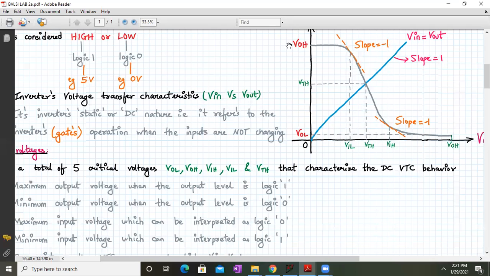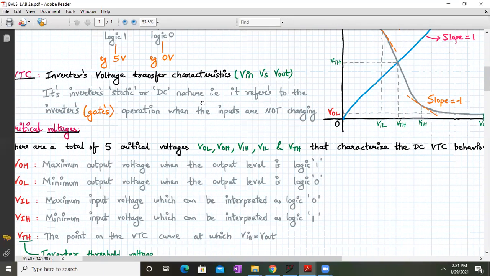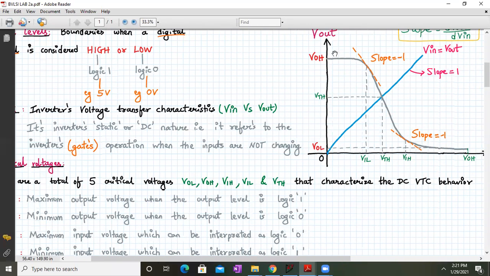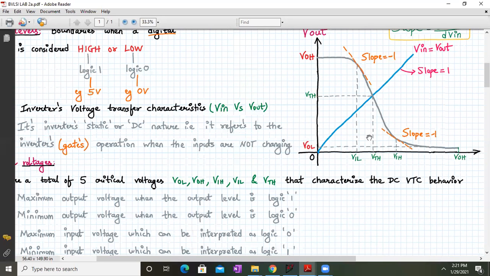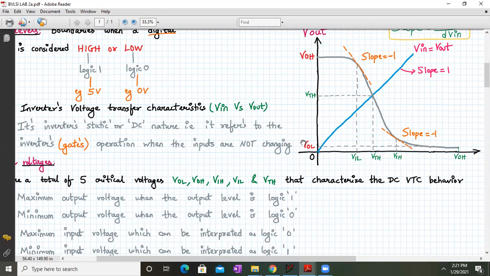VOH is the highest output voltage over here. What is the definition? VOH is the maximum output voltage when the output level is at logic 1. And what is VOL? VOL is the minimum output voltage. VO stands for output, H stands for high, and